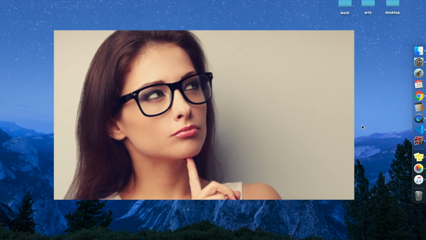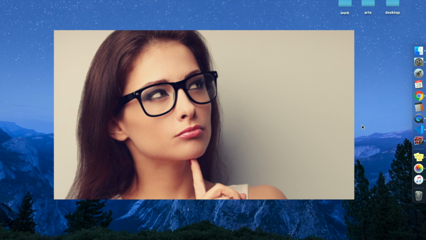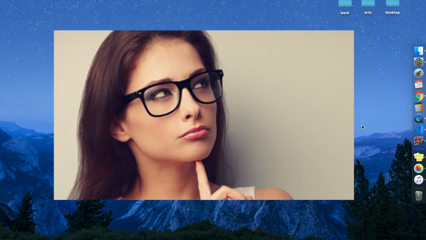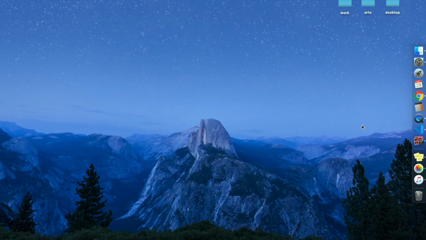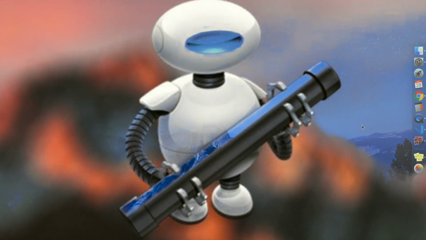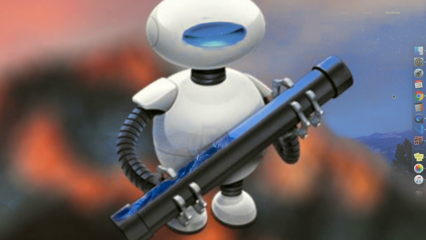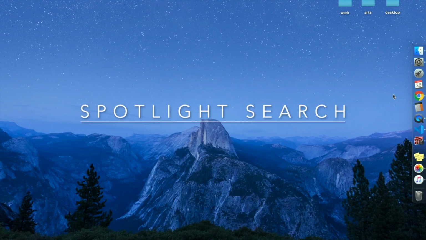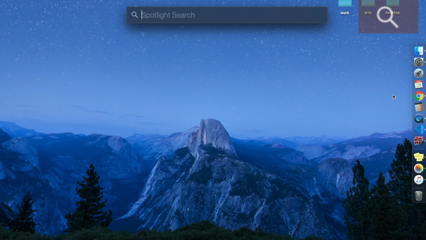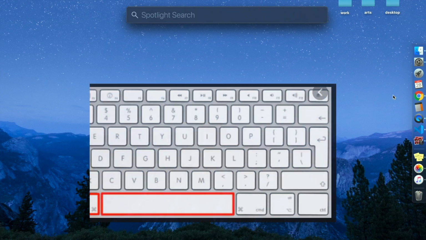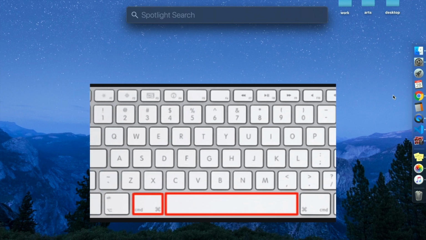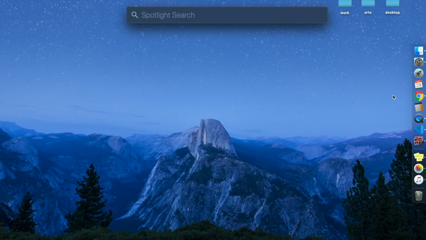Now, what if at the end of the day, I want to close or quit all my applications using one click without restart or shut down my Mac? We can do it by using Automator. To use Mac Automator, open Spotlight Search, either with this icon on the top right corner, or you can instantly open it using Command plus space, Mac shortcut key. I prefer keyboard shortcuts. Type Automator and press enter.